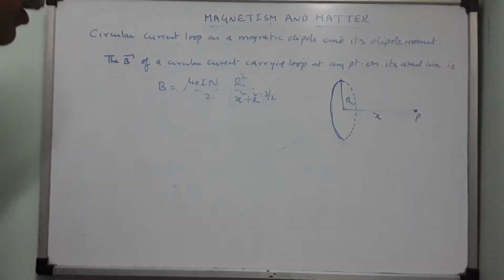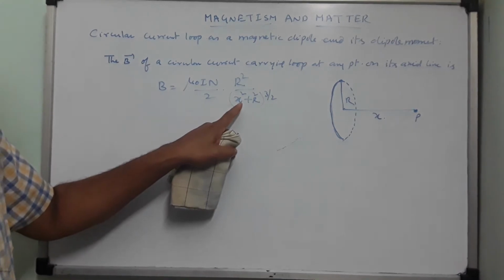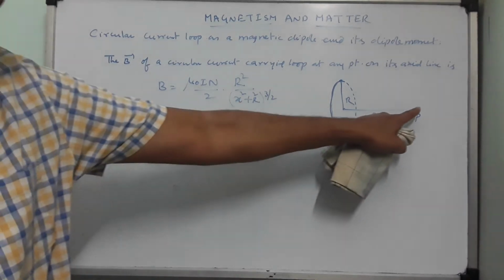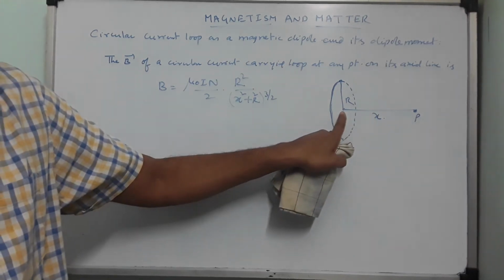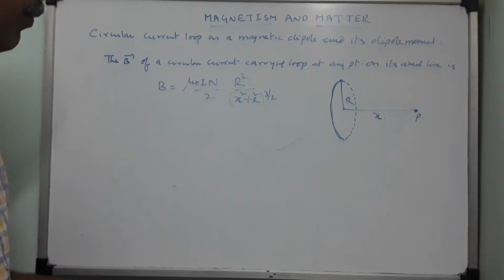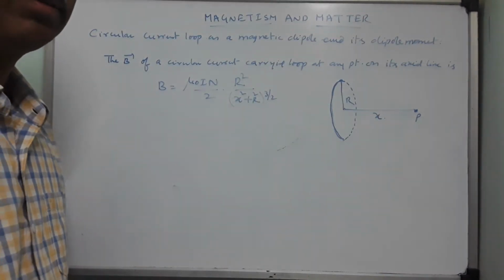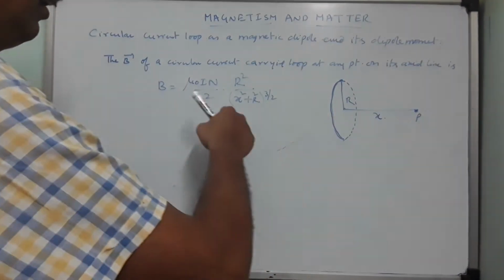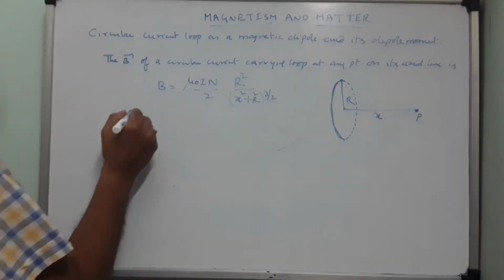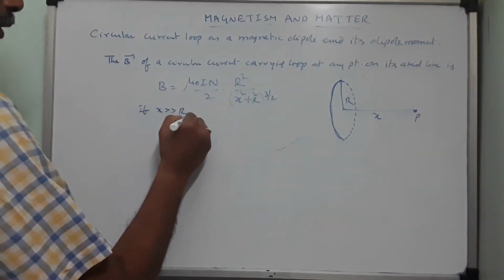Okay. Now when you substitute x equals 0, you will get a magnetic field. X equals 0 means point P will come to the center. So magnetic field will become what? 0. Now instead of that, what we will do? X is very, very large as compared to R. Compared to radius of the coil, the point P is located far away at far away distance. Now, if X is very, very greater than R, then